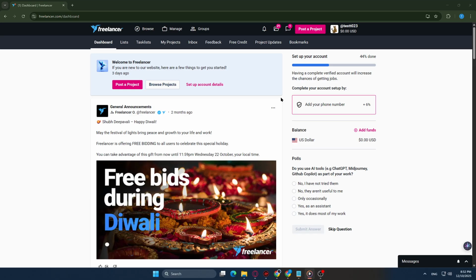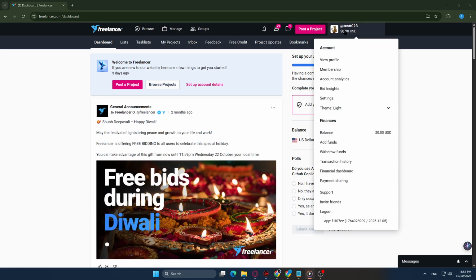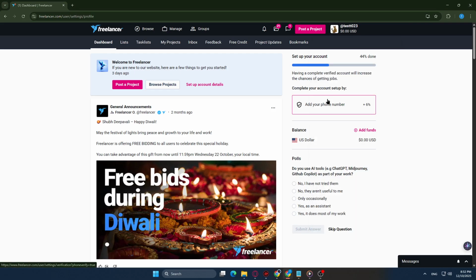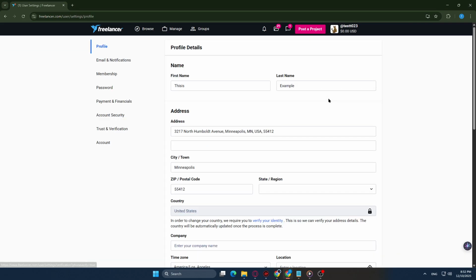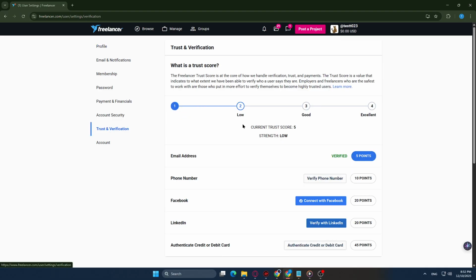Once you're on the dashboard, look toward the top right corner for your profile avatar. Click it, then choose Settings from the menu that appears. This takes you to the main area where you control account preferences and security. Inside Settings, look for the section labeled Trust and Verification. Click that, and you'll land on the page that helps you complete the verification process and boost your profile completion